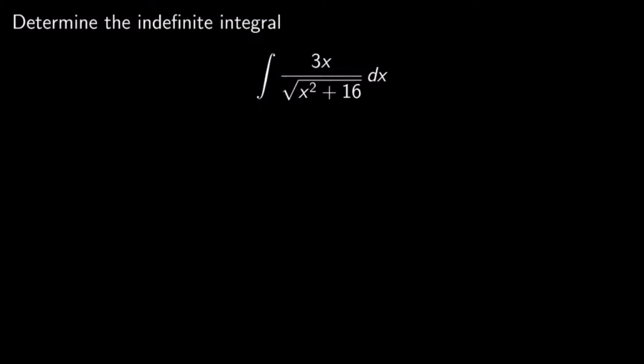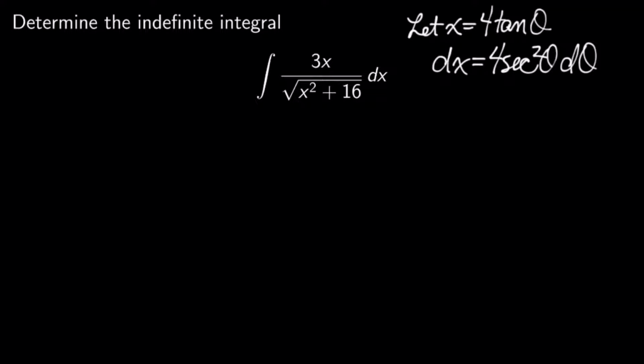I need to find this indefinite integral. I need to find this antiderivative. Okay, so I see that there's an a squared plus b squared type expression down the bottom, so I could do trig sub, right? I could let x be equal to 4 tan theta, and then dx would be equal